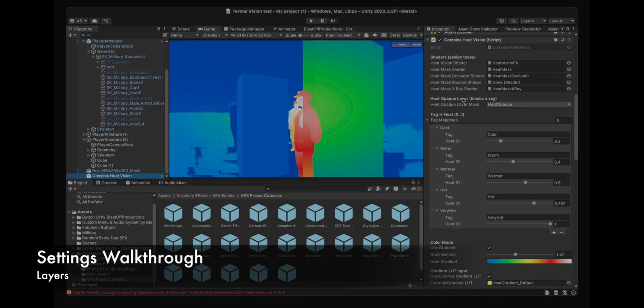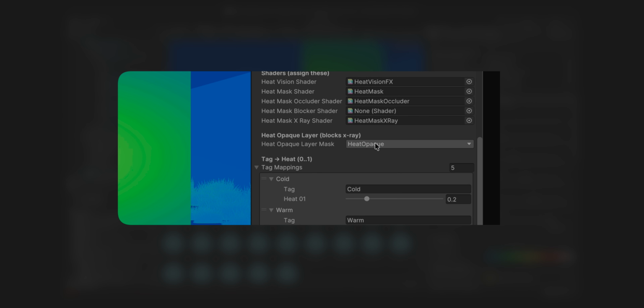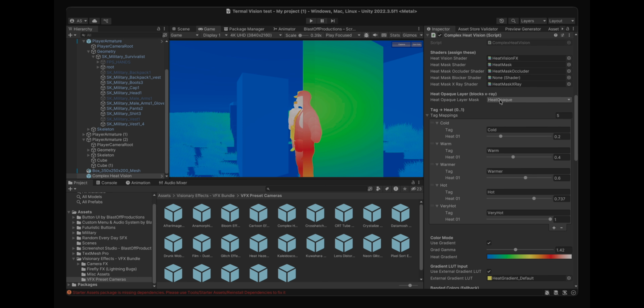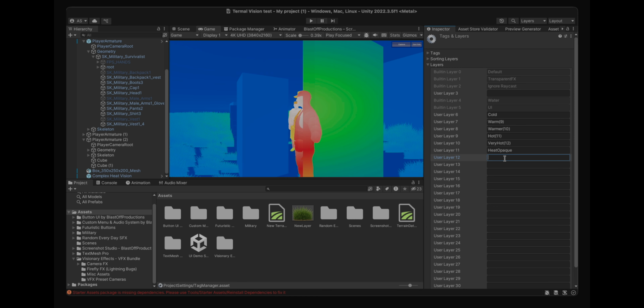So in the inspector window, we will see at the top, this is the heat layer, a HeatOpaque layer that actually disables the heat X-ray vision. So you can actually set this layer to whatever you want. You could set it to, say, everything, in which case everything will block the heat X-ray effect, or nothing will block the heat X-ray effect. But if you want specific objects to block the thermal X-ray effect, just simply create a layer up here, add a layer,